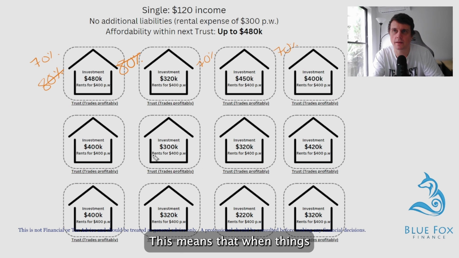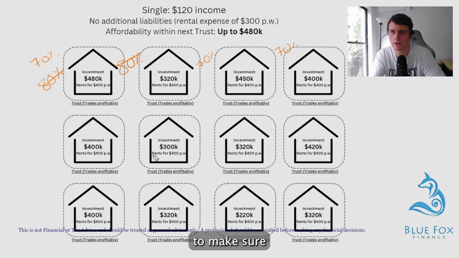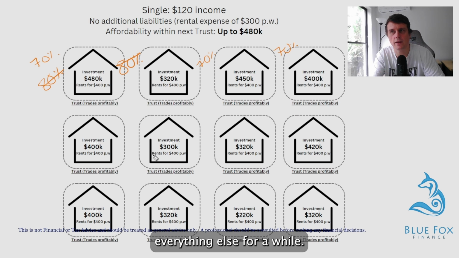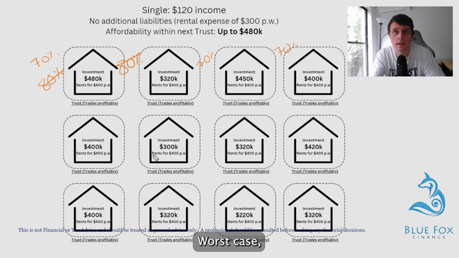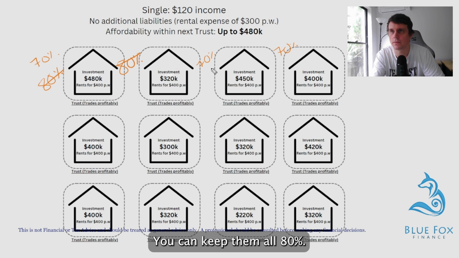This means that when things start to tick over, if anything stops being profitable, we always have plenty of equity to sell 1 or 2 down. That'll give us cash to make sure that we can service everything else for a while. And worst case, if everything goes terribly, we have enough equity where we can actually just sell down the whole portfolio. So you can do whatever you want. You can keep them all at 80, do what you need to do. But